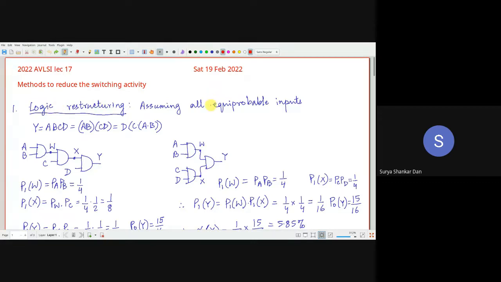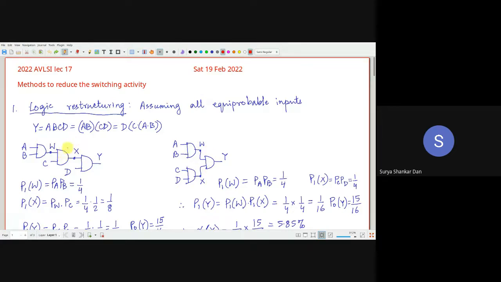Now, notice that suppose we want to implement, it's best that we illustrate this concept using examples. So this is an example which I've shown. We have to effectively implement a function y equal to abcd. You can represent it either in this way, ab into cd, and the other one is basically a cascade of two input AND gates. Remember, these are also two input AND gates. Here also you will require three AND gates, and these are also three AND gates.